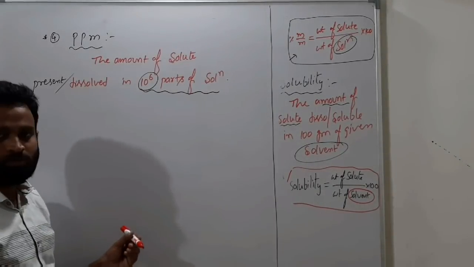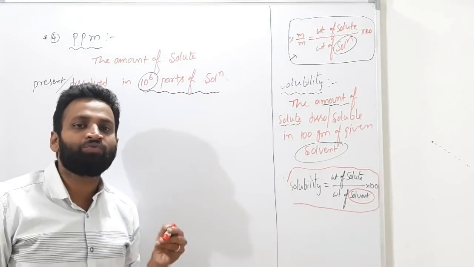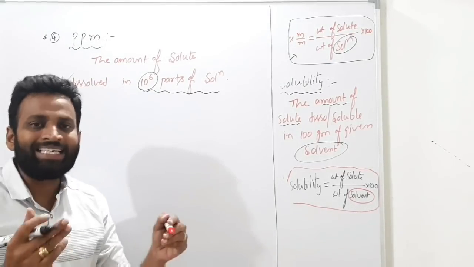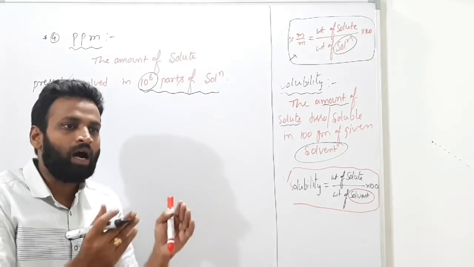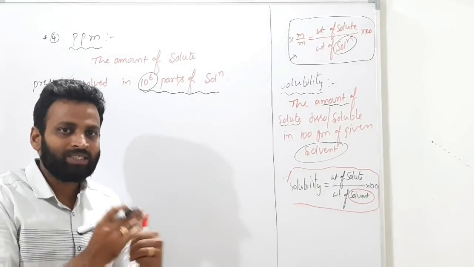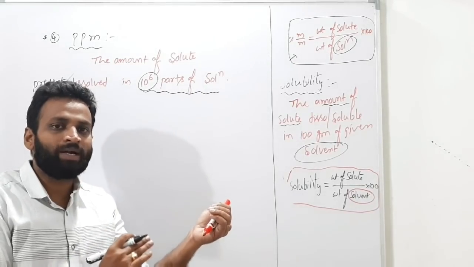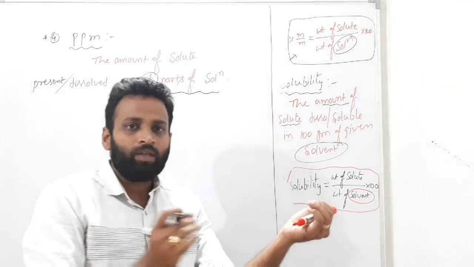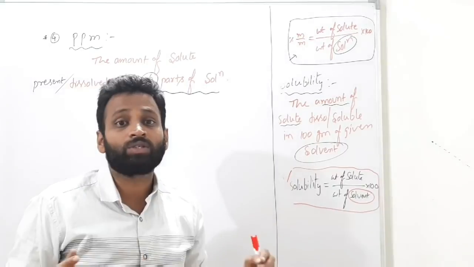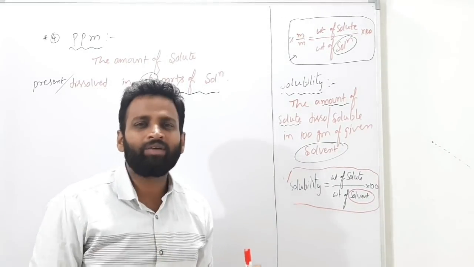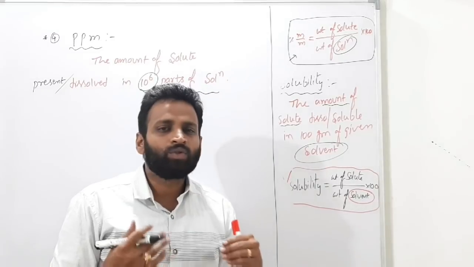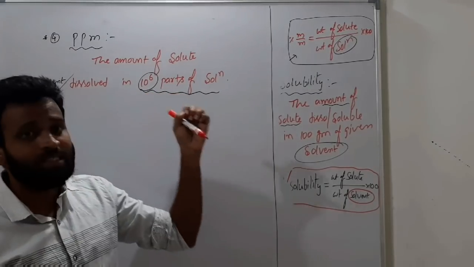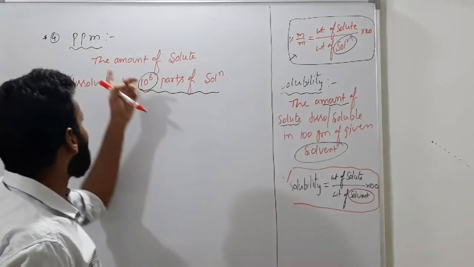Usually we use this ppm for low concentration solutions, like seawater. In seawater, how much hardness? Some salts, compounds like sulfates, carbonates, bicarbonates cause some hardness. You may have it in standard. How much hardness they cause, we will calculate in terms of ppm; that is the hardness of water.